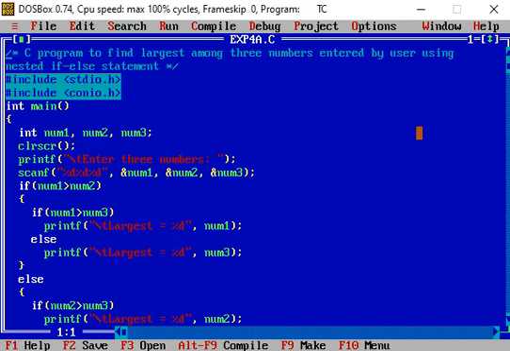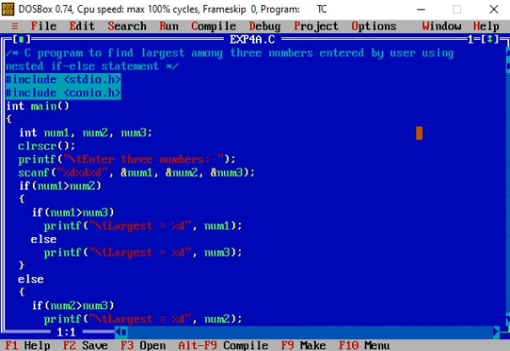So #include <stdio.h>, between less than and greater than sign, #include within less than and greater than sign <conio.h>. These two statements include these two header files in our program.